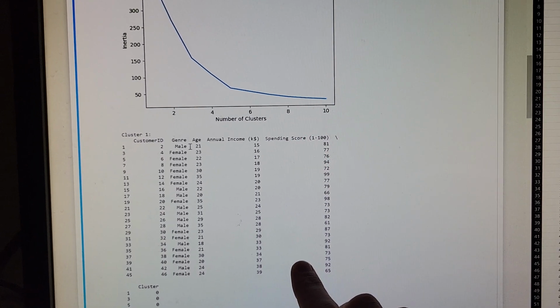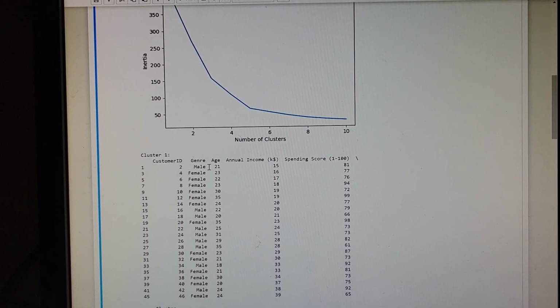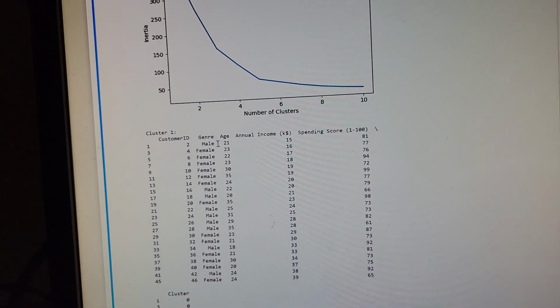generally higher spending score. So what you're going to have is you're going to have these customers in a cluster themselves, showing that they don't make too much, but they do like to spend a lot of the money that